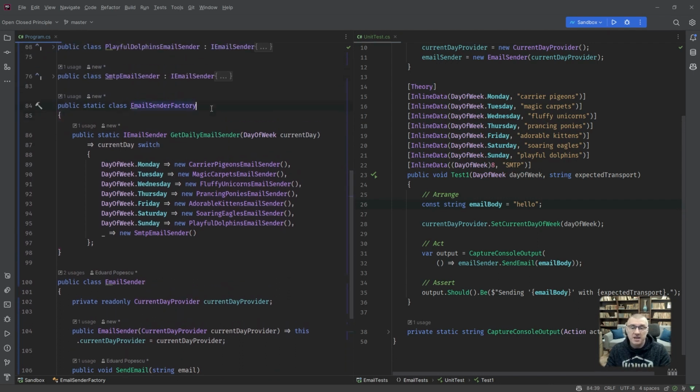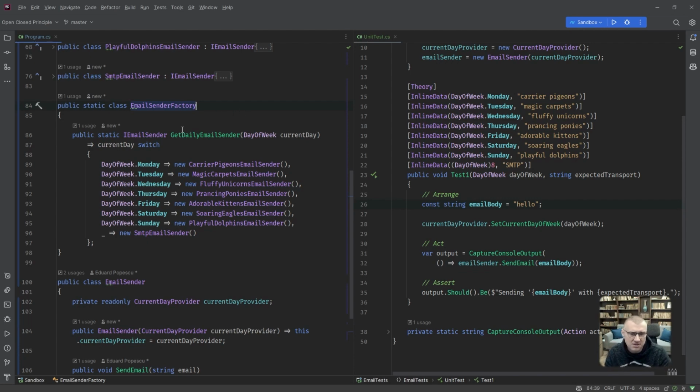So even if we accept the definition of Bertrand Meyer's open-closed principle, we've got this module, this assembly, into which we've got this static class. Somebody else wants to reuse this functionality in here. Well, reuse it as it is, because this is basically a dictionary. If Monday, then this sender. If Tuesday, then this sender. That's all it is. Okay? It doesn't have logic. It doesn't have an algorithm that you can improve or whatever. It's just that, a dictionary almost.